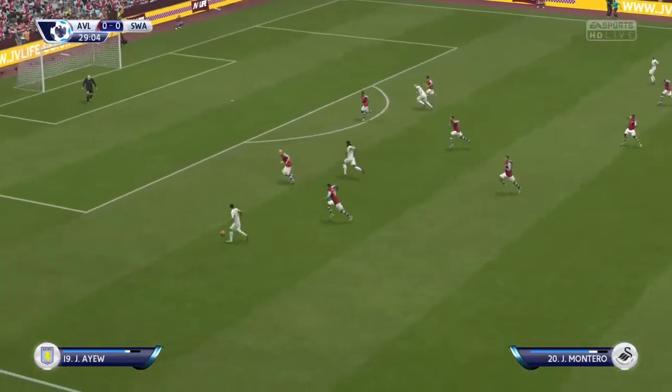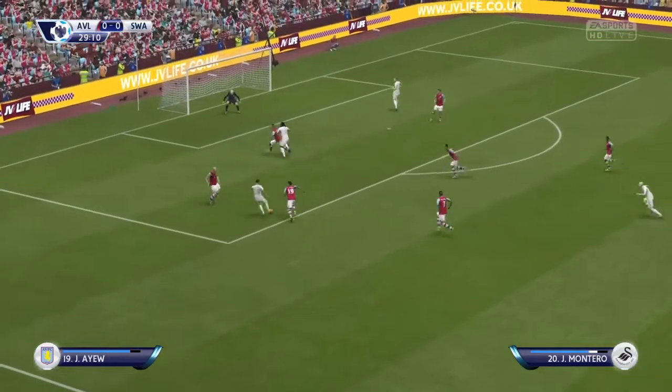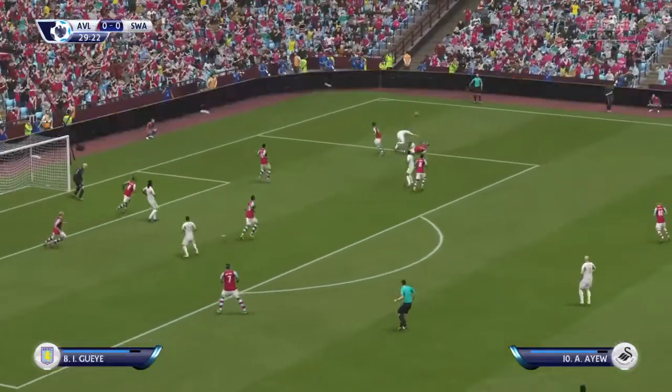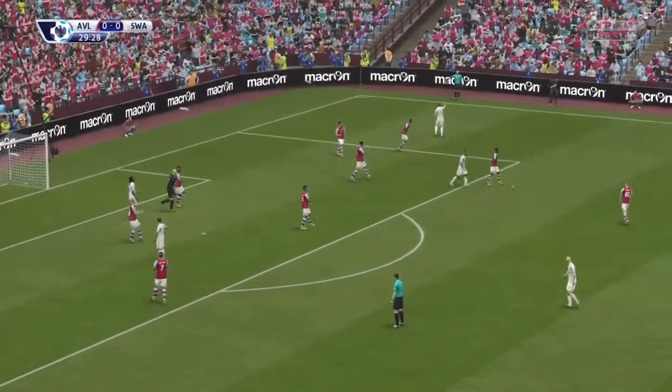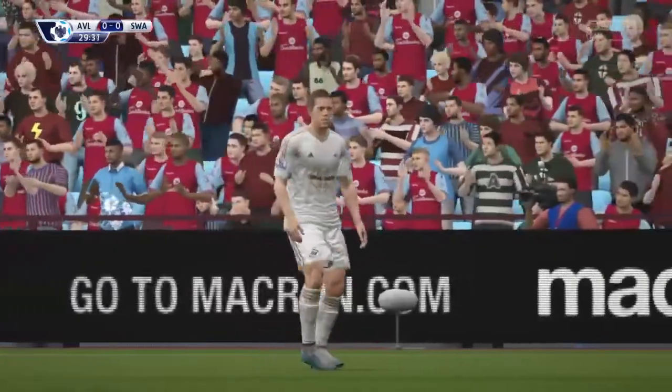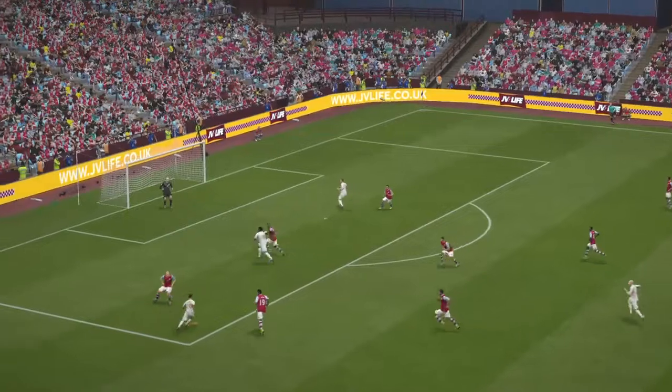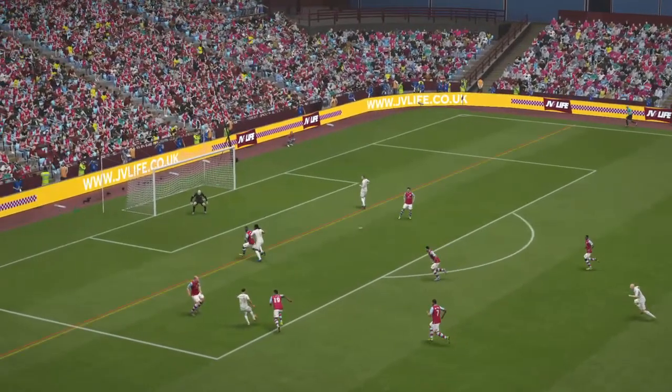Bafetimbi Gomis. And here's the shot. Great stop. Well, offside, and it's not going to change the course of the game. No, those defenders would be pretty happy if those forwards continue to be quite as boneless as that.